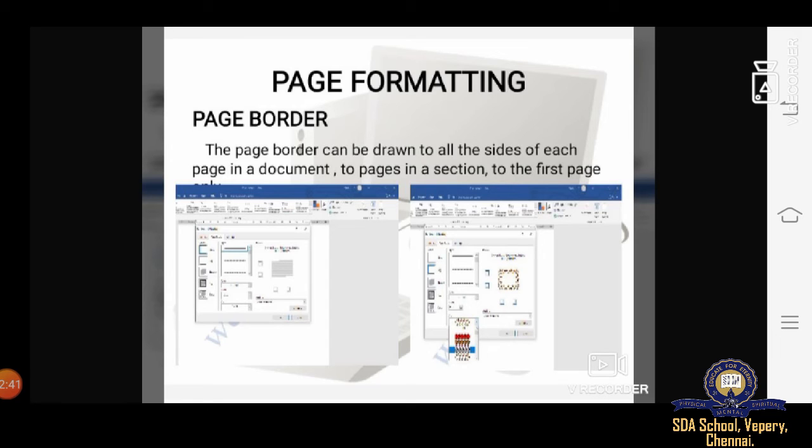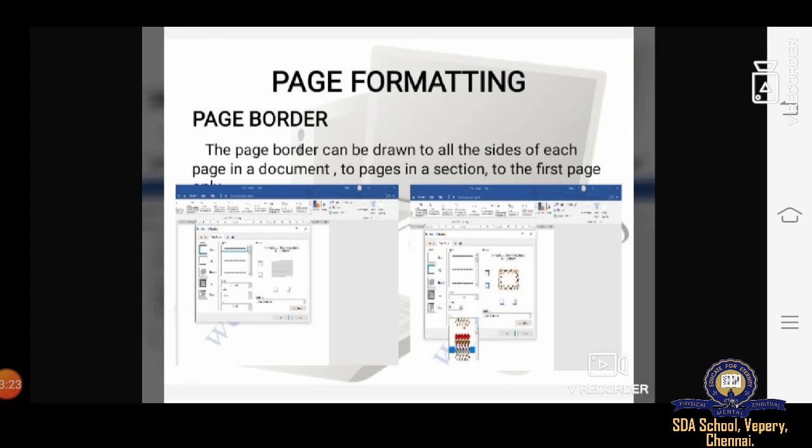Next topic we are going to study is page formatting. The page border and border color can be set to make the document look more attractive and more beautiful. So yes, we need to make our page look more beautiful. Yes, students, because if teachers tell you to apply colors and different kinds of pictures when you do projects, they'll tell you to paste different kinds of pictures to look more attractive. So in the computer also, you can make your projects more attractive.